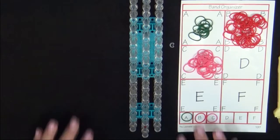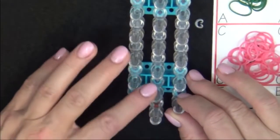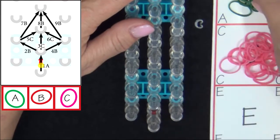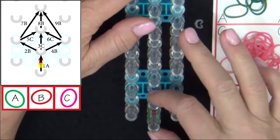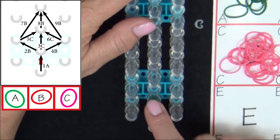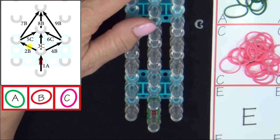Now, let's get started. Place your loom with the red arrow pointing away from you. Refer to the graphic on your screen to place the first 6 bands on the loom. We'll start from the center pin, and we'll start with an A colored band. We'll place one A, like that. Then at the end of that one, we'll place 2B going out to the left,